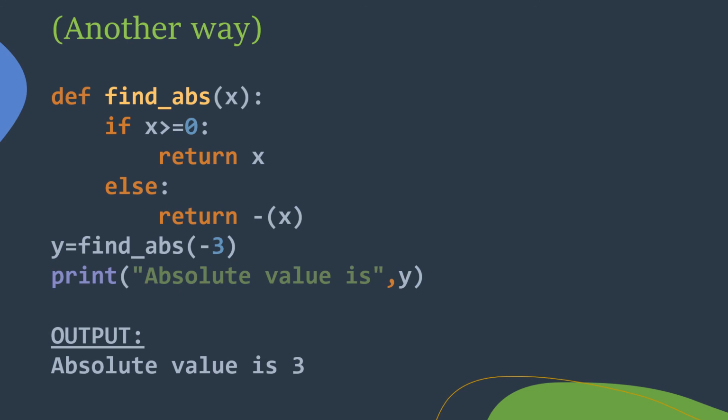That means if the number is negative, then it will be minus of a negative, which becomes positive. So y is equal to find_abs, and within that we have passed a value of -3. This is the line where the function is being called, and it is printing the value of y. So we are getting the output as absolute value is 3.